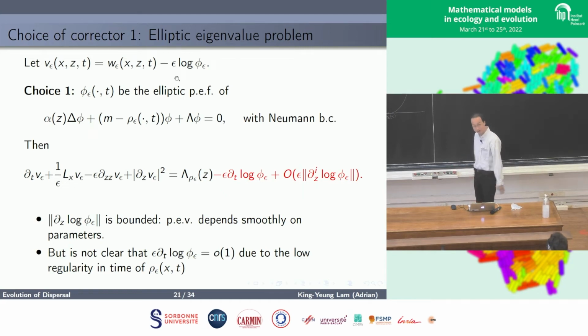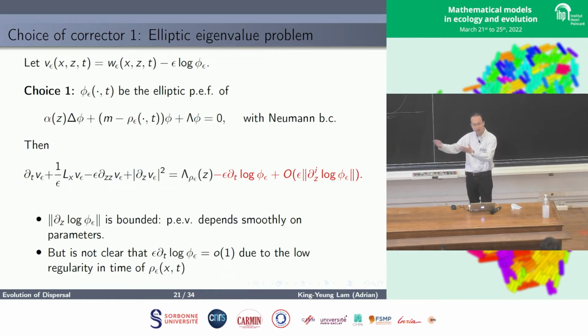We try to apply the perturbed test function method. That is to say, instead of considering W, we consider a modification of W. And the question is the choice of a corrector here. Just as a thought experiment, to be close to the spirit of the conjecture,